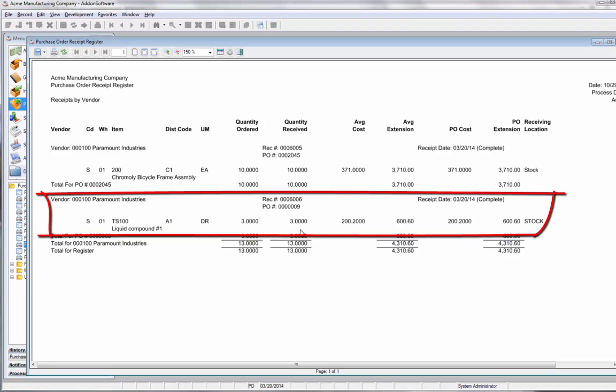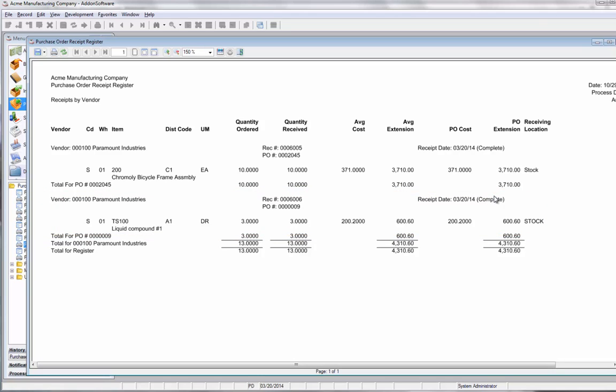Again, in terms of purchase units, with some costing information, price information, or extension information, I should say. And this says complete. If I had not checked that box, we would know from this register that we didn't get everything, that we had some things back ordered. It would say back ordered here instead of complete. So you run the receipt register,